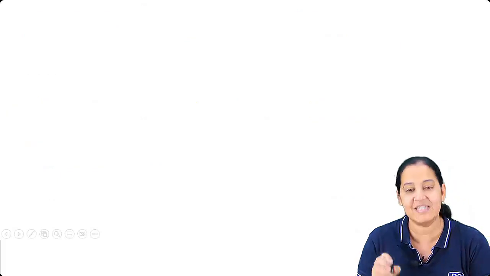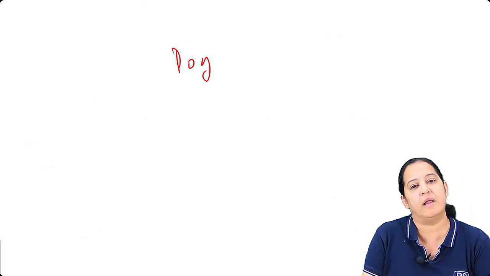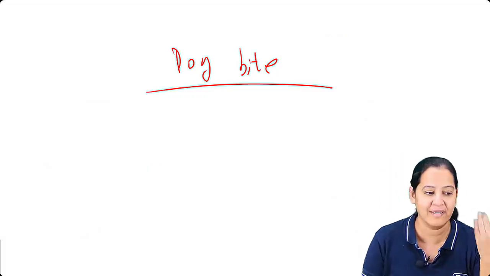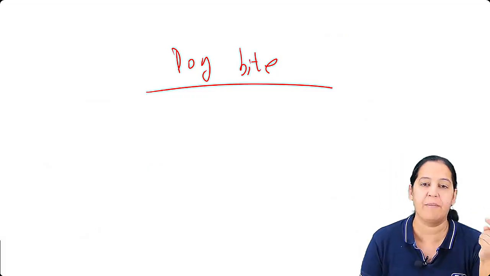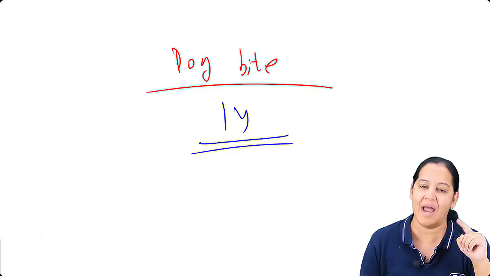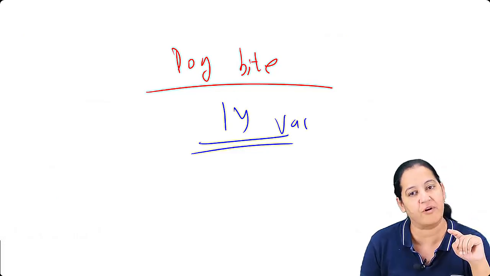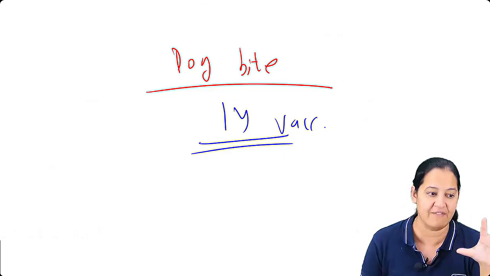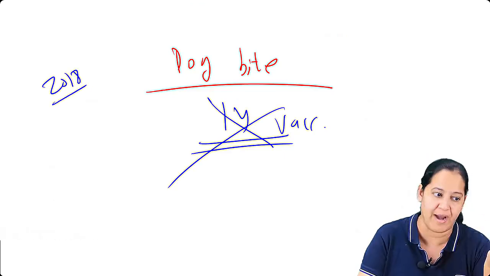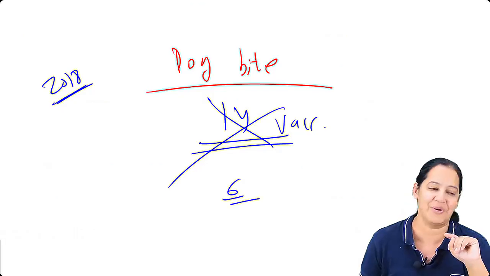In earlier times they used to say about dog bites, when I was a kid, my mother used to tell me, don't go outside, there is a mad dog, and if the dog bites you, 14 injections have to be given to you, okay. So at that time there was a protocol of giving 14 vaccines. The schedule was having 14. Nowadays the new protocol, I'm telling you, 2018 onwards, the new guidelines, we have maximum 6, not 14, okay.